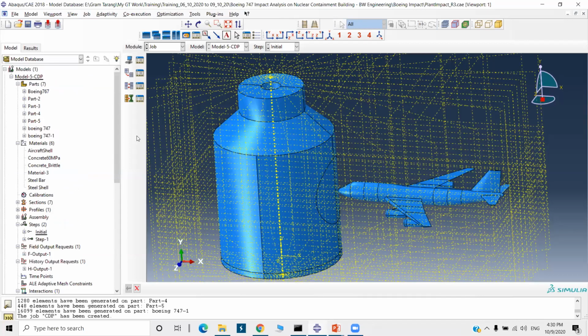Okay, next question is how much time did it take for the computation for the results you have just shown. Okay, that depends on your PC configuration. For this type of problem, if your PC has an i7 processor and 32 GB RAM, it will take 20 minutes. If your configuration is less than that, with 16 GB, it may take 1 hour. With 8 GB, again it will take more time. That depends on your system configuration.